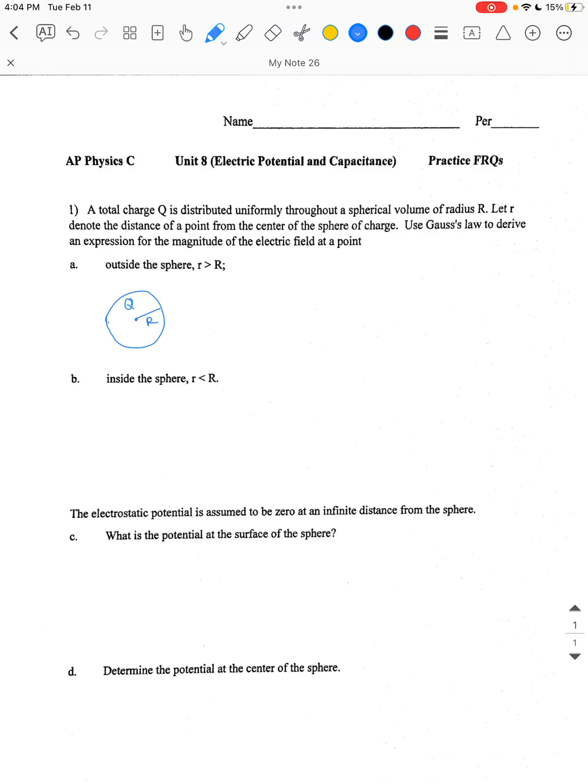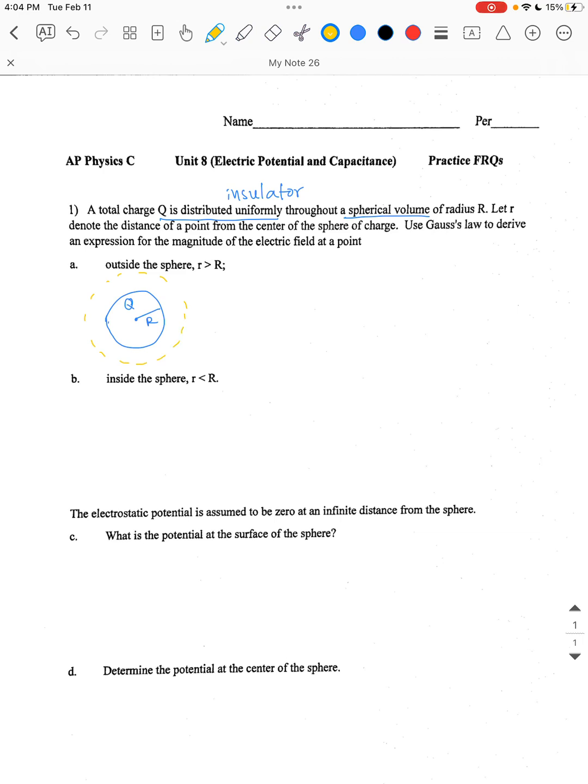Okay, so for problem number 1, part A, we're looking at a spherical volume that is charged uniformly. What that tells us is that this is an insulator, because if it has charges within the volume, then it can't be a conductor, because conductors will move all those charges to the surface. So in this scenario, when we're working outside of the sphere, it's pretty easy, and you can use Gauss's law,